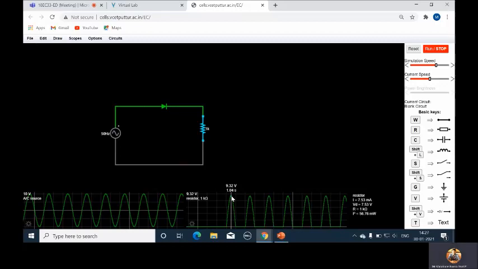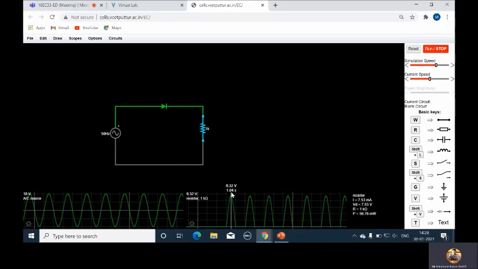Negative half cycle is completely clipped, but during positive half cycle, I have 9.32 volt. That means 10 volt minus 9.32 volt. How much is it? 10 minus 9.32, so it is 0.68 volt. So there is a 0.68 volt voltage drop across the diode. This is because of diode drop. Clear?